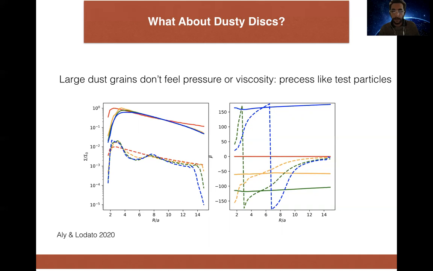And you can see on the right as well that the twist profile for the dust is radially differential, and there's always one radius where both have the same frequencies. They both intersect each other at the same frequency, and you can see on the left that the density profile, there's a pileup at the inner edge of the dust